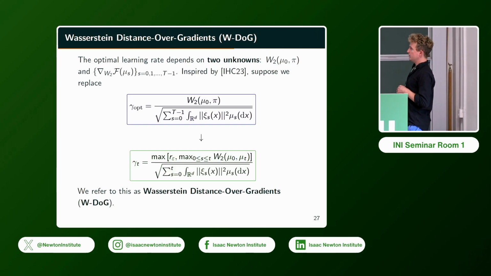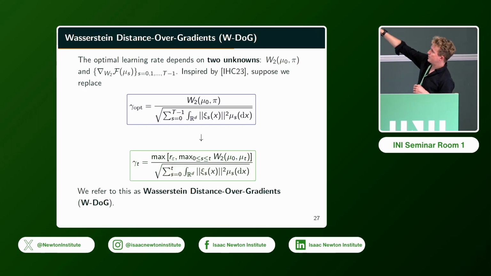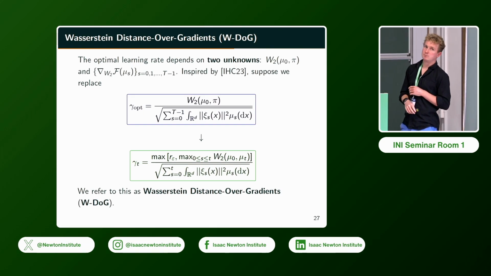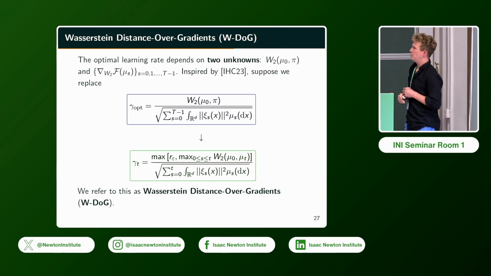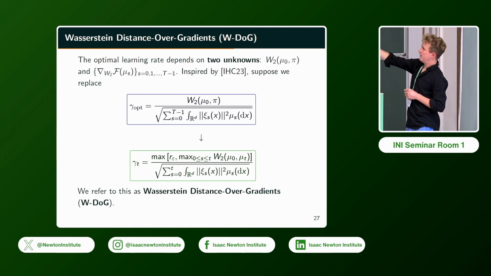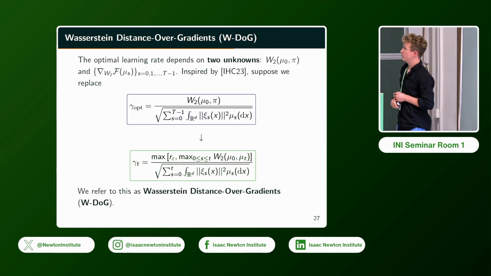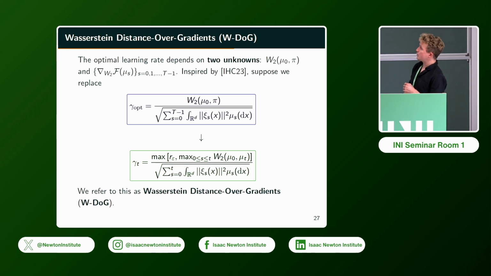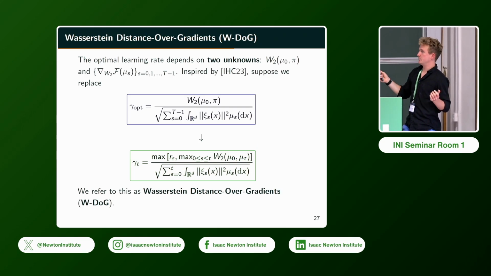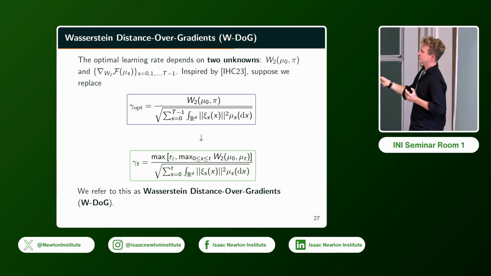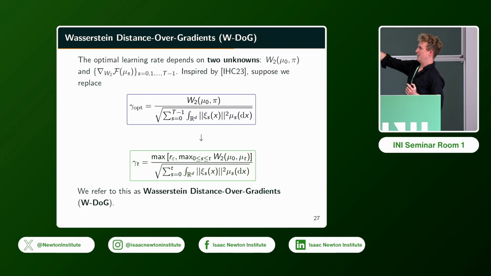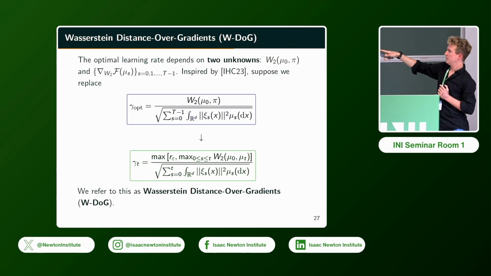So we're going to do two things. One is we're just going to replace the distance on the top between mu naught and pi by essentially a running distance between mu naught and our current iterate. And you can see the logic for that, which is that if mu t does indeed converge to pi, then this thing is going to look a bit like what we had in our original optimal learning rate. And then on the bottom, we're going to do the natural thing, which is just replace that sum up to capital T minus 1 with the sum of the gradients that we've seen so far. And I'm going to refer to this scheme as Wasserstein distance over gradients, or WDOG. The reason being, of course, we have a Wasserstein distance over some gradients.